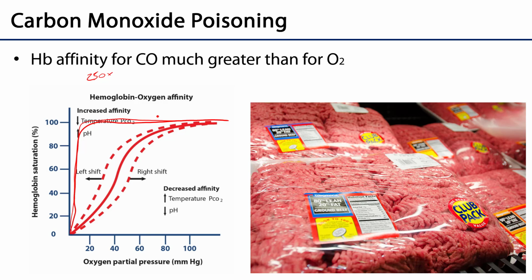And individuals with carbon monoxide poisoning are going to appear confused. They're going to appear nauseated. Their mucosa will be bright cherry red. It might look like they've been drinking a cherry Slurpee, and that's because their hemoglobin, as it goes through the capillary beds of these mucosae, doesn't dump the oxygen, so it's reflecting a lot of red light. And this could be very deadly. So it's very important that you have a carbon monoxide detector in your home just for that reason.